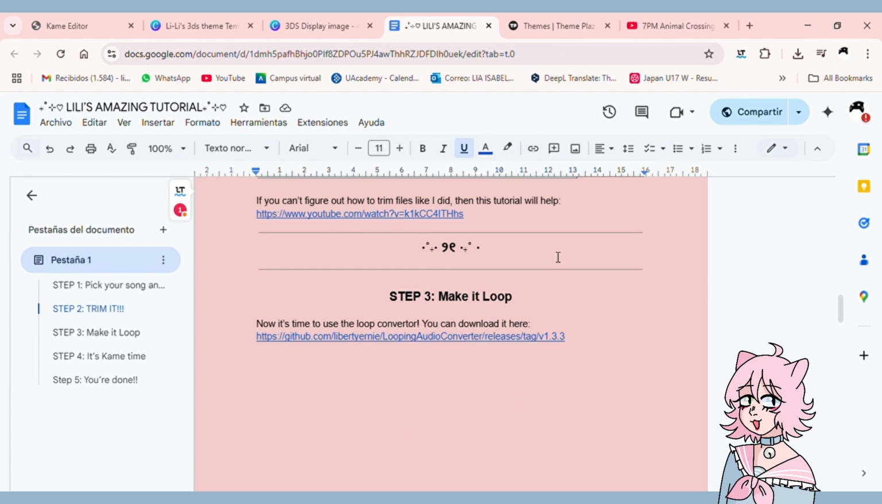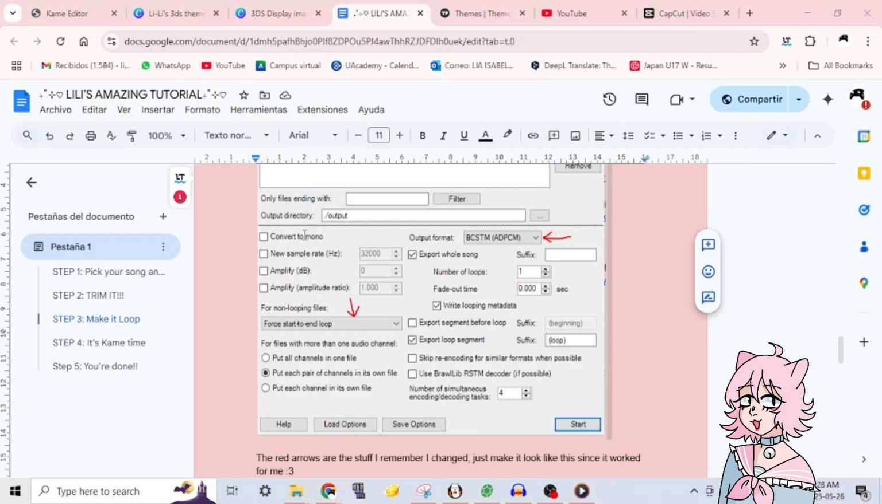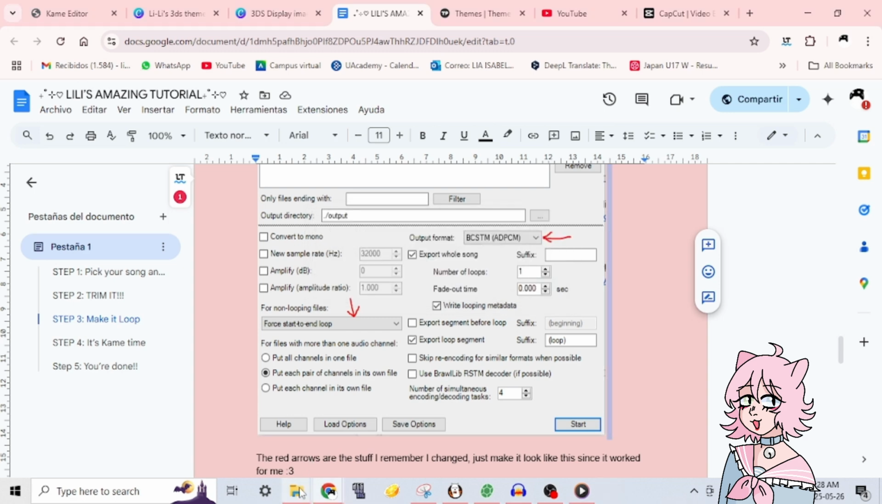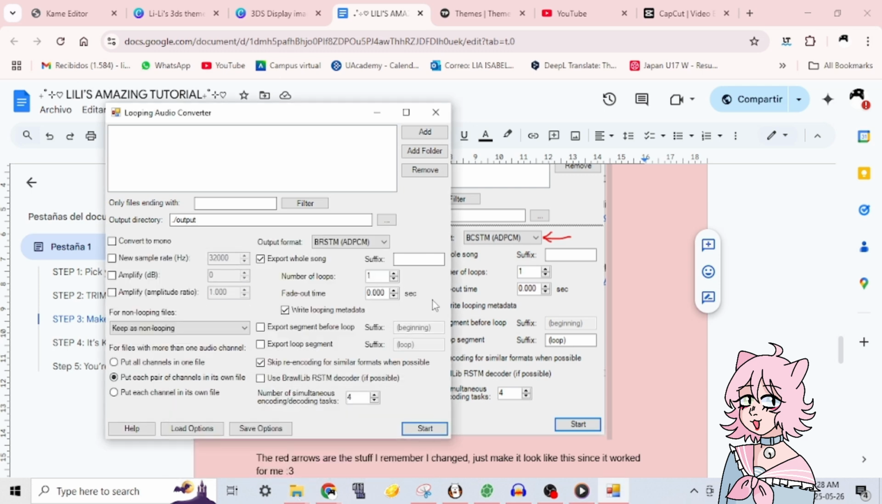But now we have to make it a loop so that the song can play over and over instead of just playing once. Here is the app I will be using. You can download it, it's super easy to use. So we will just open it here. It's literally just called looping audio. We click add, and we will pick the